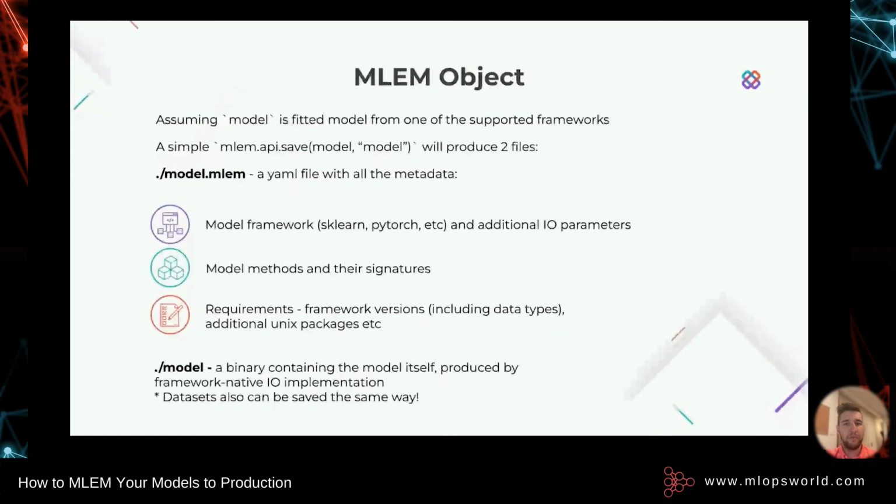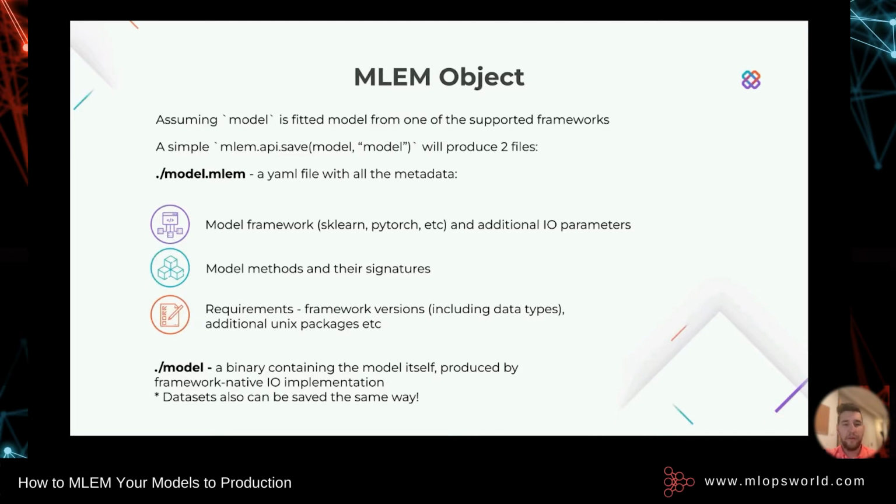So a bit more on MLEM objects. Assuming model is a fitted model from one of the supported frameworks, in Python, the simple mlem.api.save method will produce those two files. First one is model.mlem. It's a YAML file with all the metadata that I described, like which framework you used, how to read the file, which methods it has, what are the signatures, requirements, the frameworks, the versions, and so on. And the second file will be model, just model, and it's a binary containing the model itself,